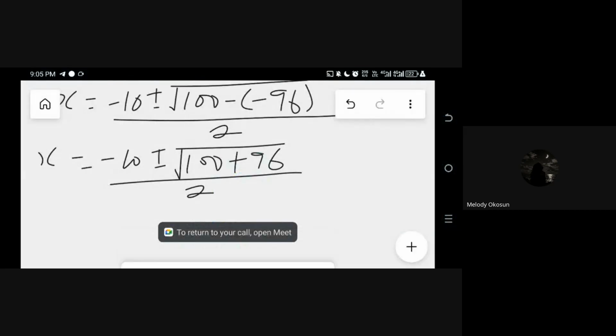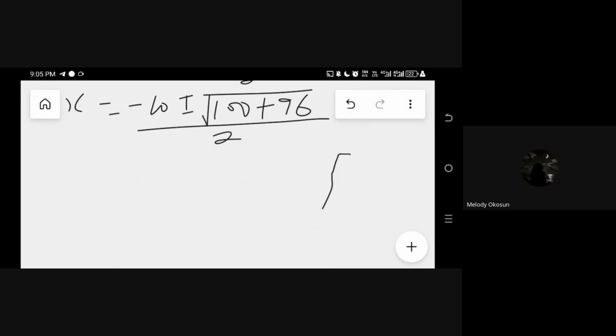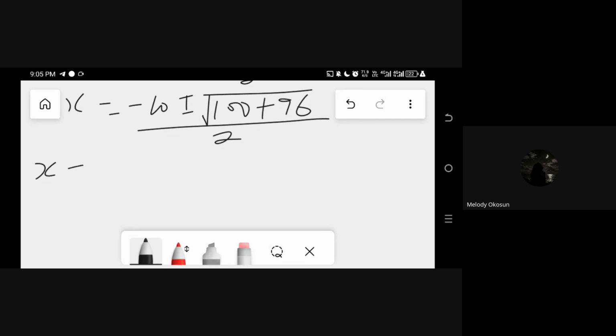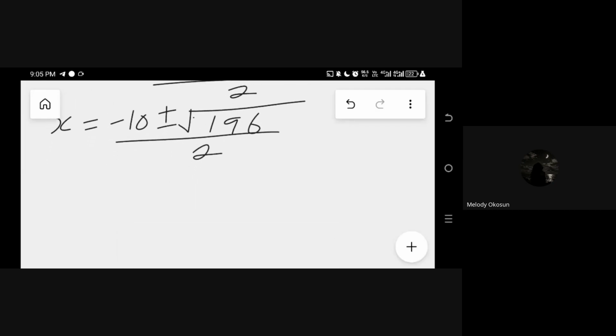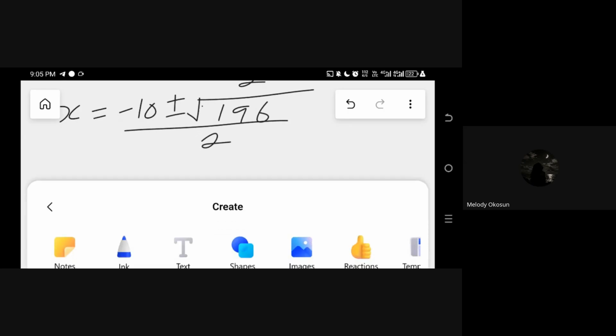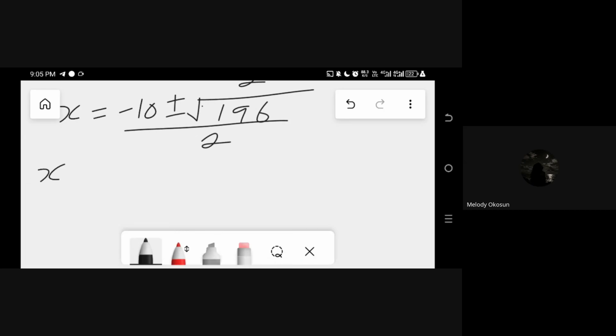Okay. So continuing, we would have that S is equal to minus 10 plus or minus the square root of 100 plus 96, that's 196, over 2. And when we look for the square root of 196, we have S is equal to minus 10 plus or minus